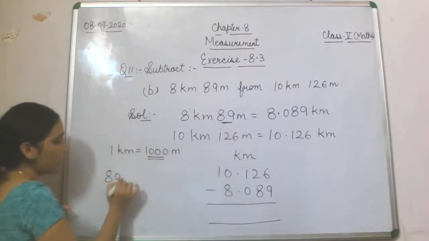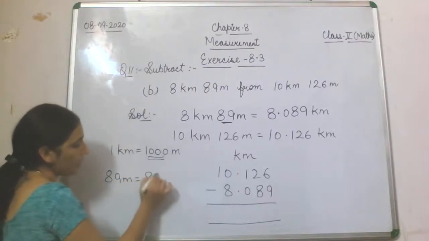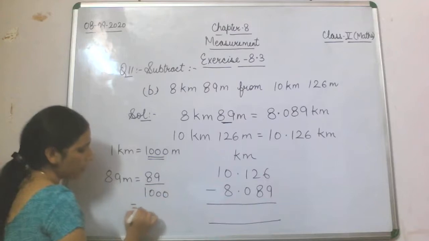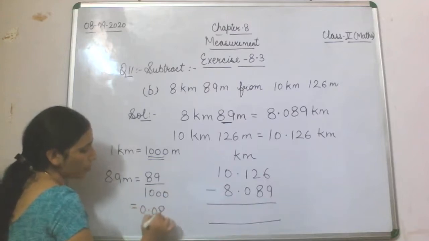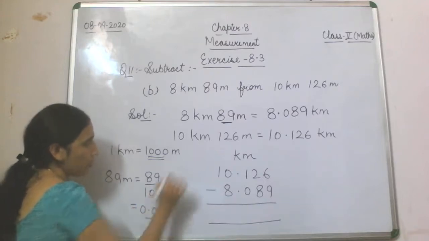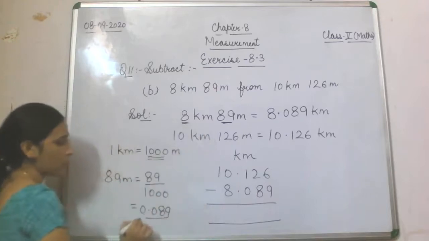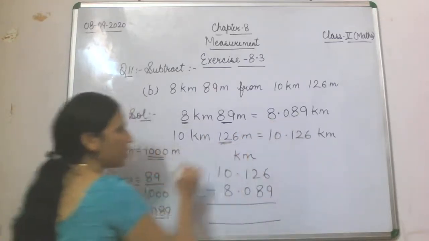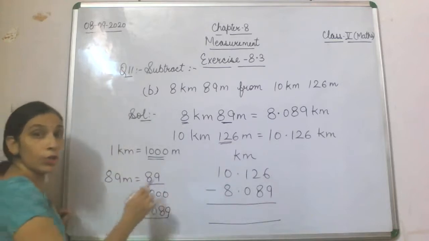So 89 meter becomes 89 divided by 1000. From smaller to bigger, we divide, so that becomes 0.089. This is added to the 8, so it becomes 8.089. Here we already have 3 decimal places,